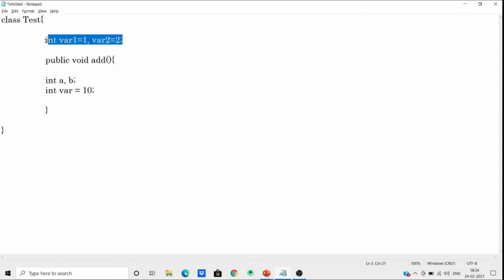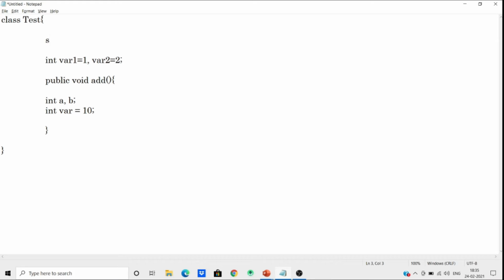So this is the initialization of the variable. These variables can be public, private, protected, or default. We learn access modifiers in a different video, so in this one I'll take it as default. This kind of variable is called a non-static variable.